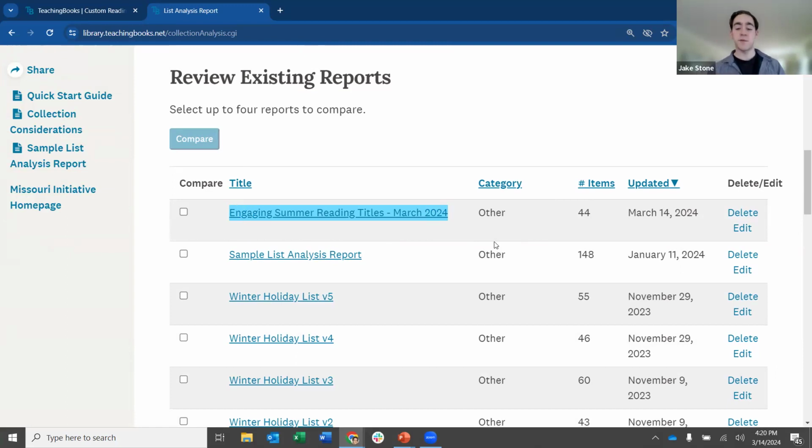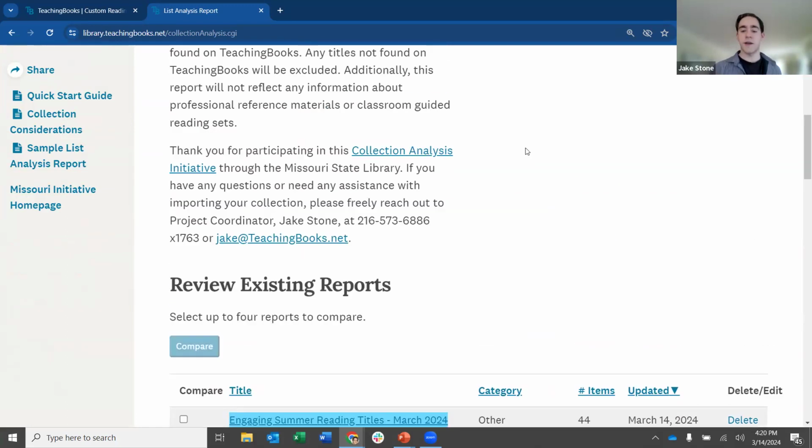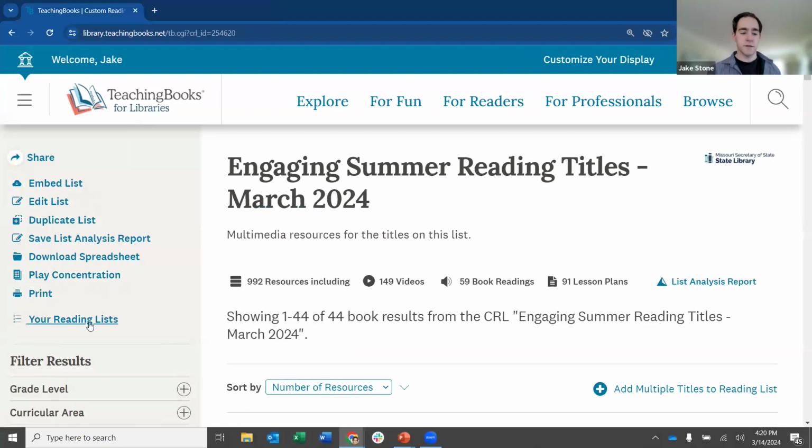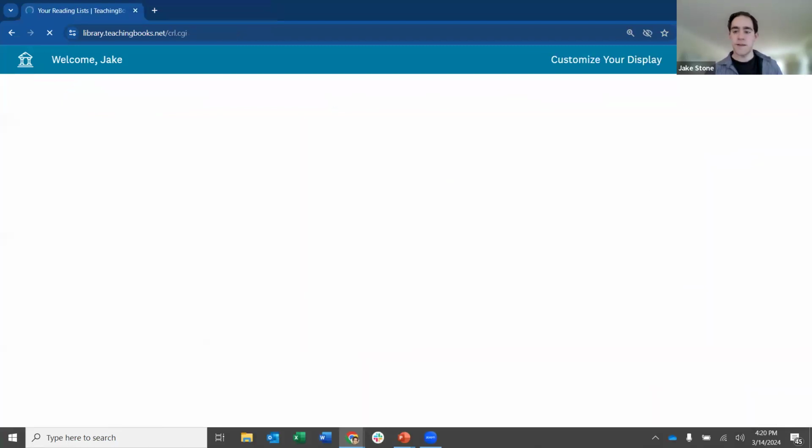But one of the things we were really interested in seeing was how this would impact things if it were added and combined with the sample list that we started with that was outdated. So I can go repeat this process and go back to my custom reading lists, find the one that we were looking at,